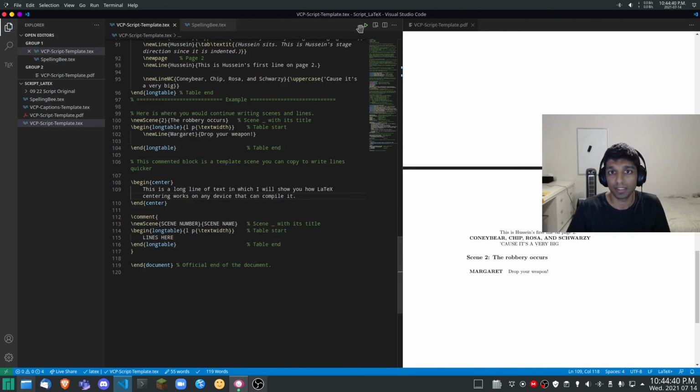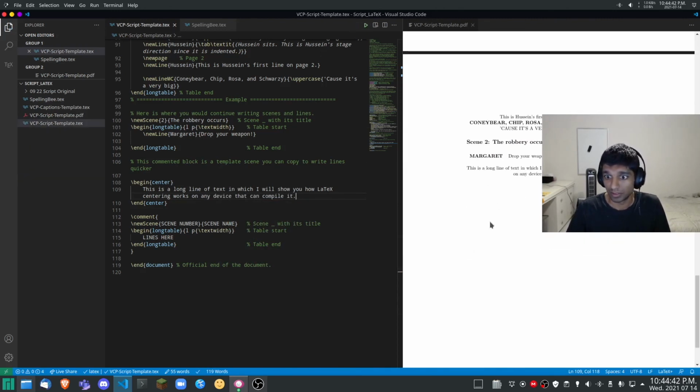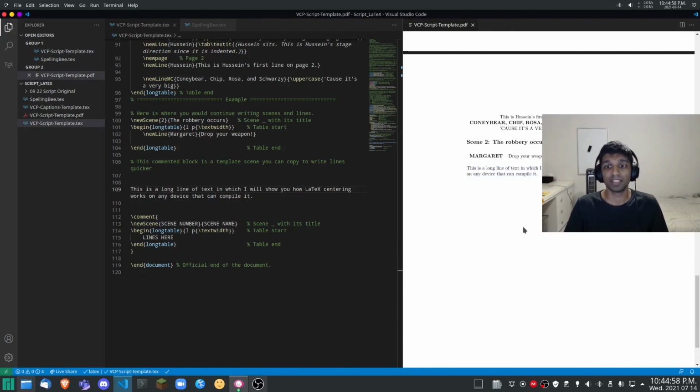So I'll save that and recompile. And as you can see, it's centered. And if I don't have this begin and end center, and take out that indent, save, recompile, it will show it's not centered anymore.